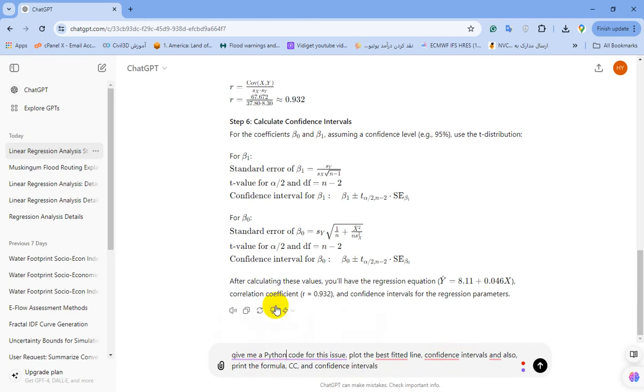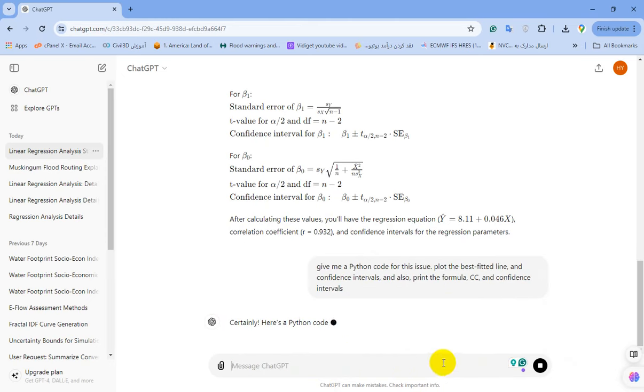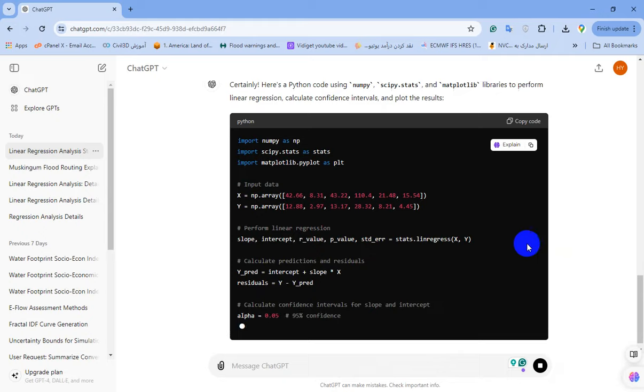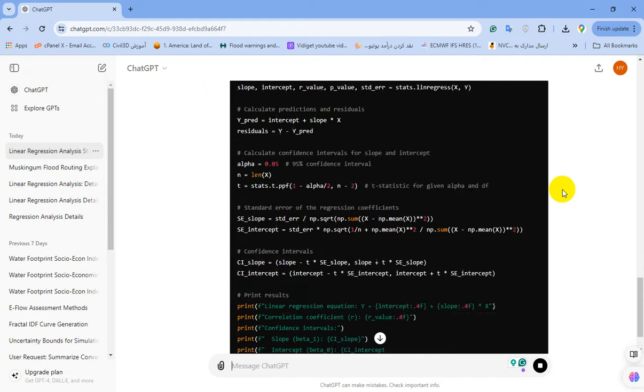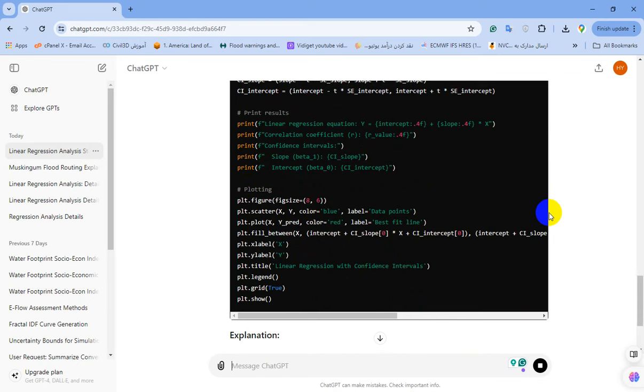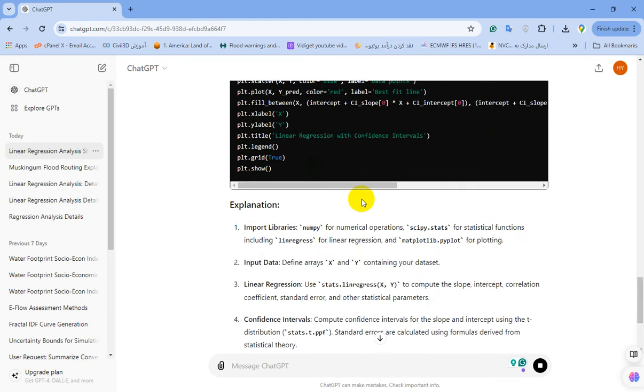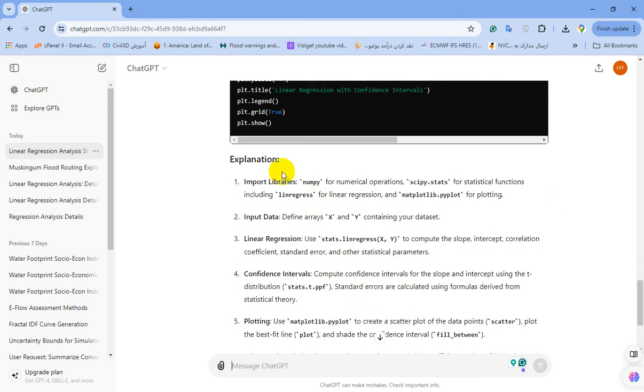Okay, let me check based on best fitted and confidence, and also okay, press enter, and after a while ChatGPT starts to create the required codes. As you can see, it prints all codes, and at the end of the creation of code, it gives you some explanation about its code. For example, it says that you should import libraries such as NumPy for numerical application, and also SciPy datasets for a statistical function, including linear regression for analysis, and also